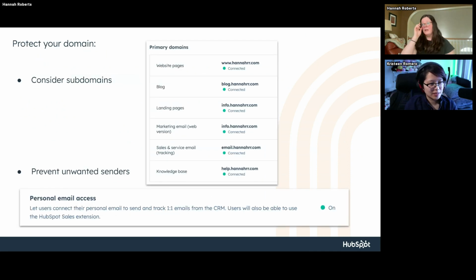All right. Next up, you want to protect your sending domain. We were just talking so much about the reputation of a sending domain, the spam rates, and how that's important to get under control. Something that you can consider is adding different subdomains for your different types of email. This is a little bit of a skip ahead to the next section, but we have in beta right now the ability to add your own subdomain for connected email sending, which is a new thing. Previously, it was just using HubSpot domains. So you might want to have